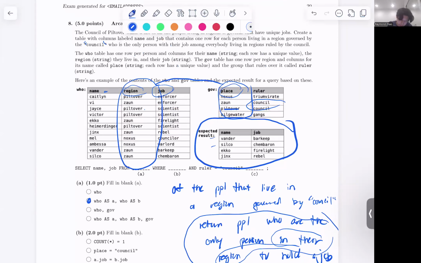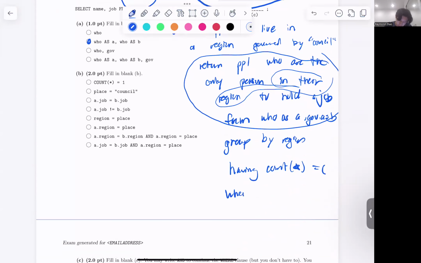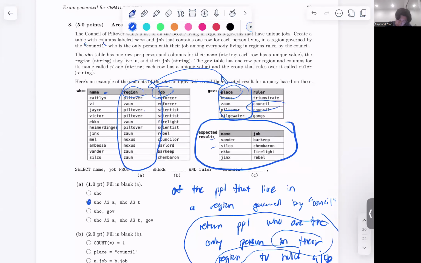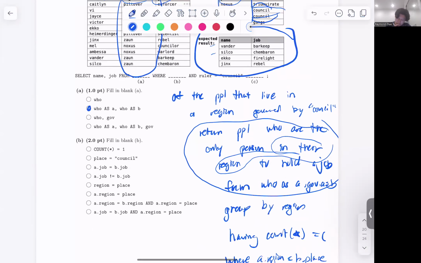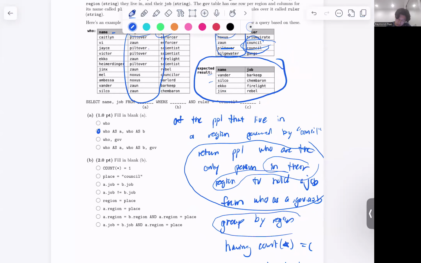And the way I'm going to join these tables is where a dot region is equal to b dot place, and that place is ruled by the council. B dot ruler equals council. And then I'm going to, of those rows,